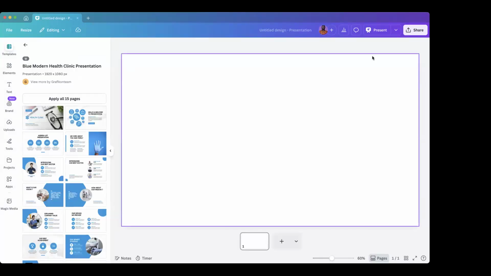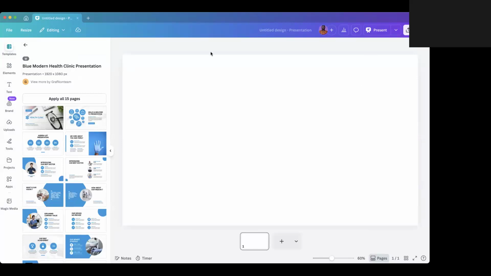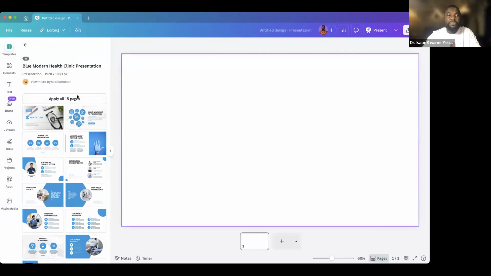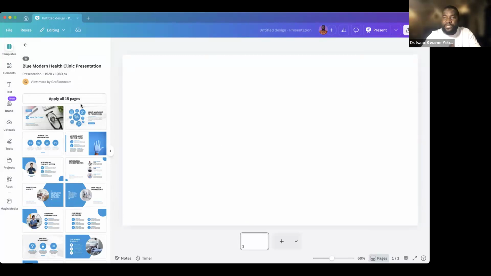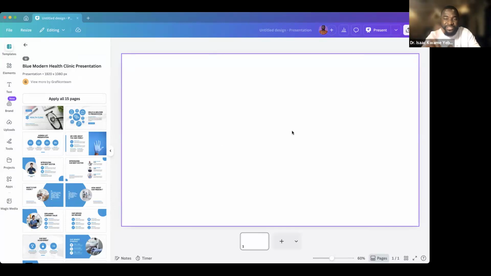Sorry about that. My laptop got frozen. So yes, we want to apply the new template we intend using to the clean sheet we selected